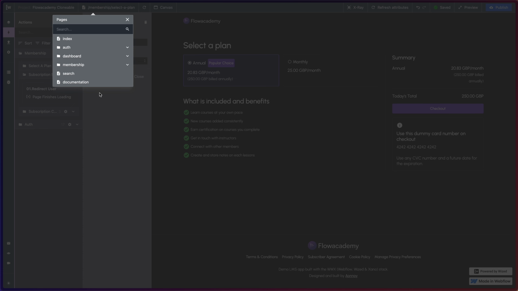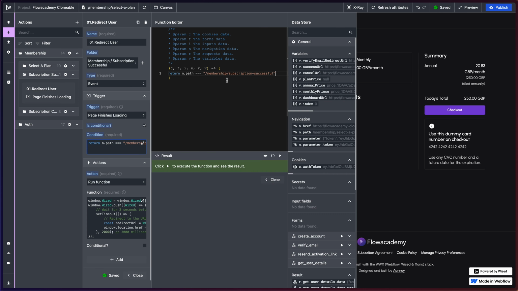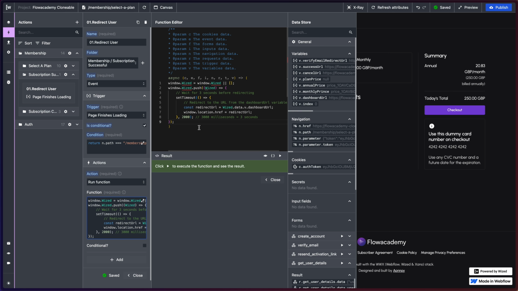So this is for the subscription successful page here. And we only have one action here. We're calling this redirect user. Now, again, as soon as the user purchases the subscription, we redirect them to the success page. Let's walk through this. We have a trigger of page finishes loading, and we only want to make sure that this action is triggered when the user is on the subscription successful page. And we run a function where we redirect that user to the